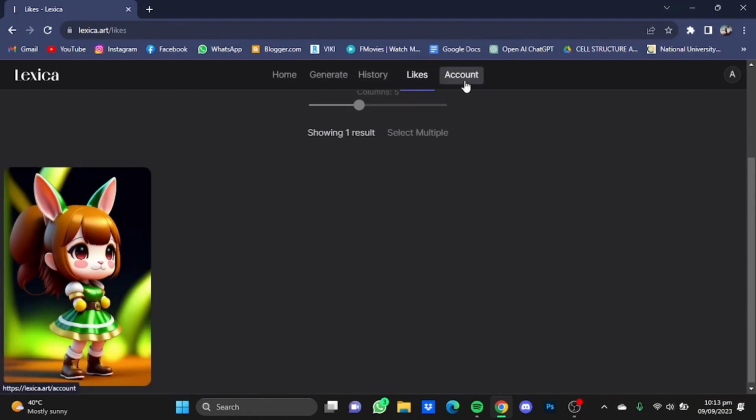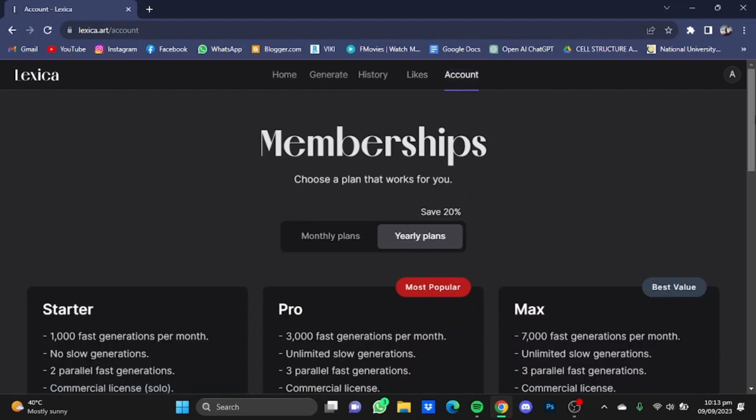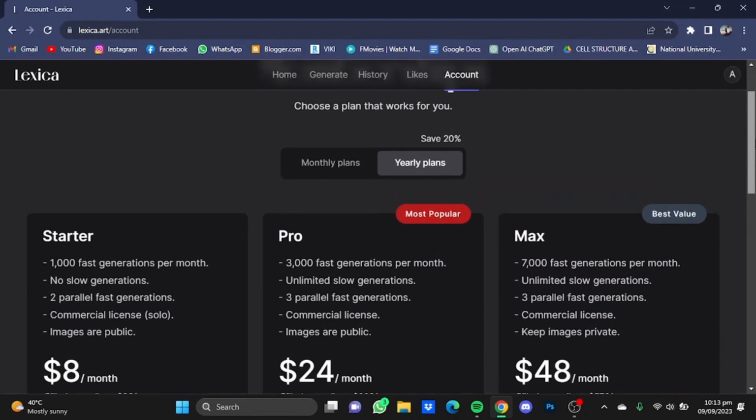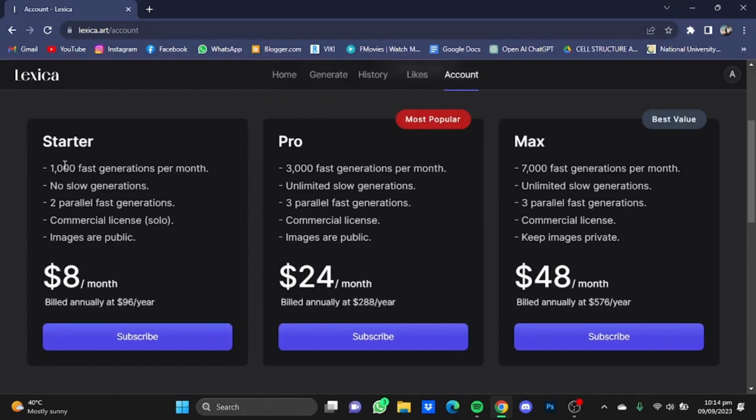Now in the accounts menu, we have the membership plans. You can choose how you want your plans to be, like monthly plans or yearly plans. You save 20% on yearly plans. In the starter pack, you get 1000 fast generations per month, no slow generations, 2 parallel fast generations, commercial license, and images are public, which means that the images that you generate using Lexica will be shown to other Lexica users on the homepage. While Pro provides you with 3000 fast generations per month, 3 parallel fast generations, commercial license,